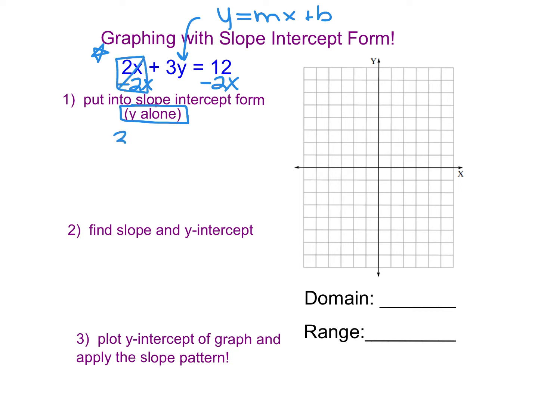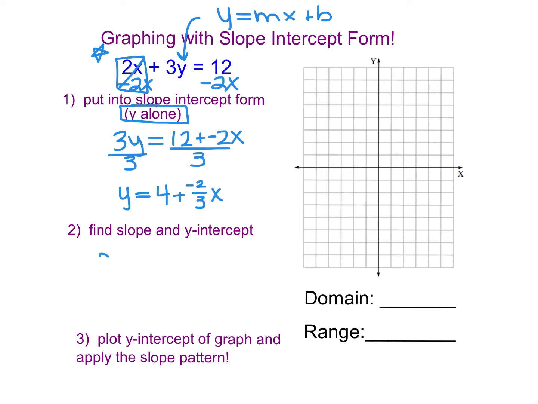And then on the left-hand side, we're left with 3y is equal to, we're just going to write 12 plus a negative 2x, because those are not alike terms. Then from here, I need to divide each side by 3. So I end up with y is equal to 12 divided by 3 is 4, plus a negative 2 over 3 times x. So now that I have it written in slope-intercept form, I can identify the slope and the